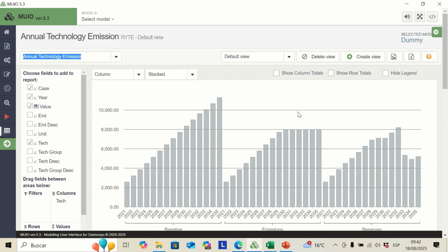This is the kind of analysis that you can do later when we are working with different scenarios, etc. So in general terms, this is everything. If you are interested in starting with creating an OSeMOSYS model in MUIO, this is more or less the process